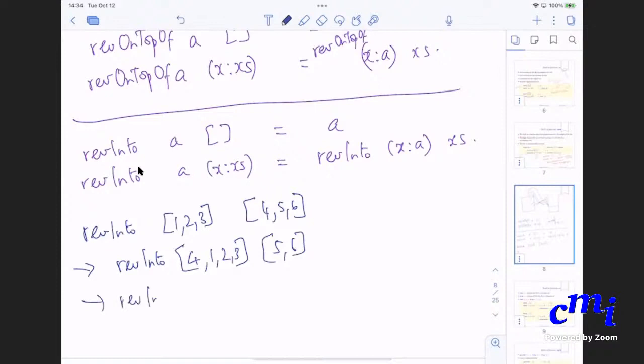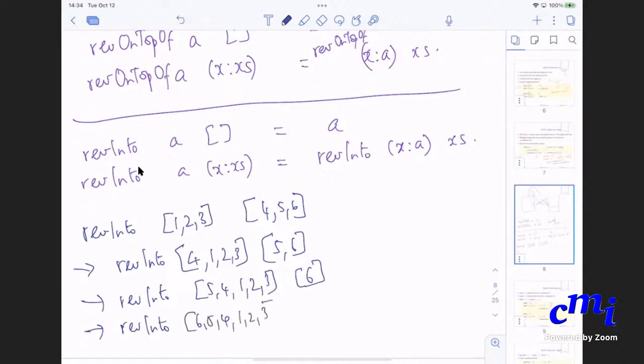This will be reversed into 5, 4, 1, 2, 3, 6. This will be reversed into 6, 5, 4, 1, 2, 3, with the empty list. That will be 6, 5, 4, 1, 2, 3.